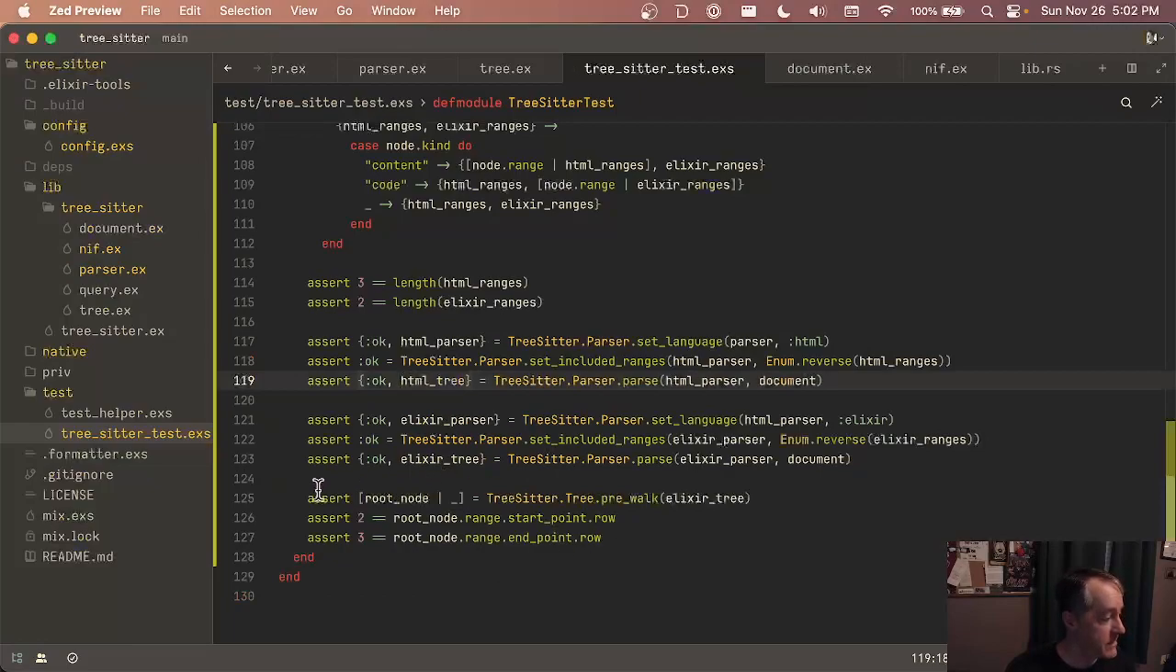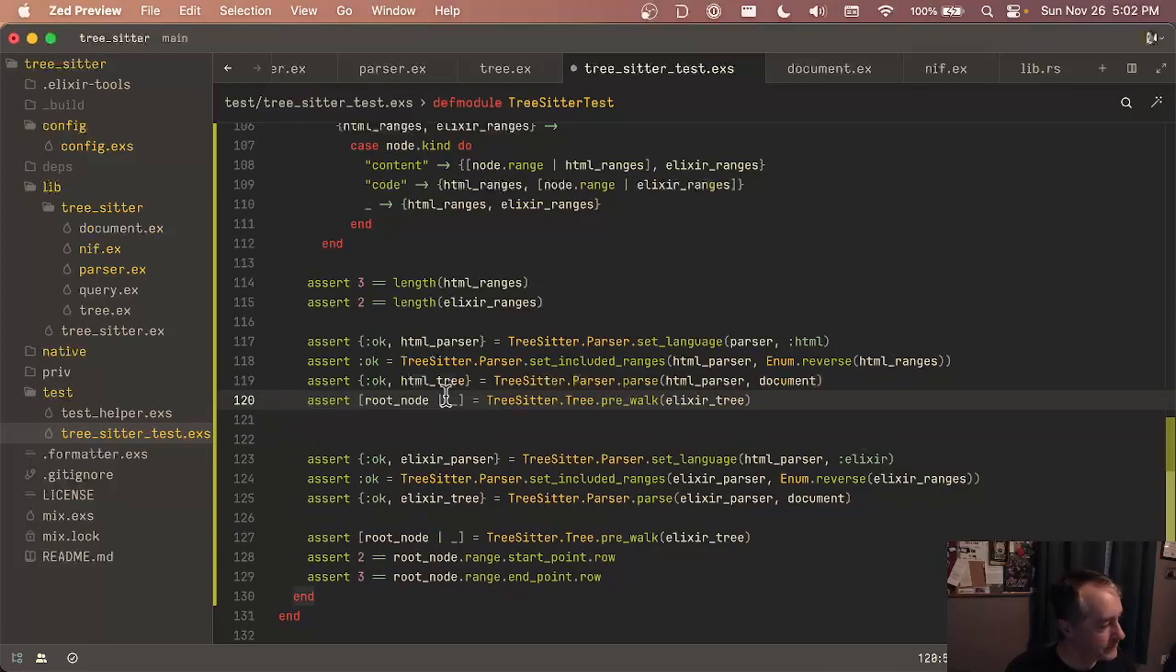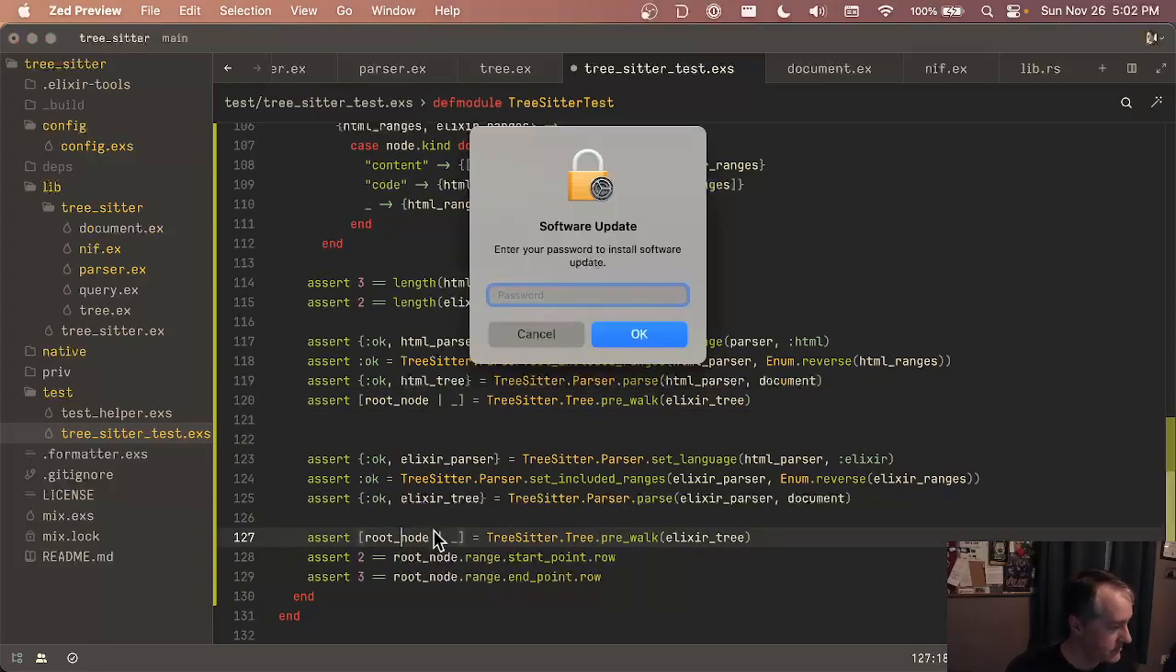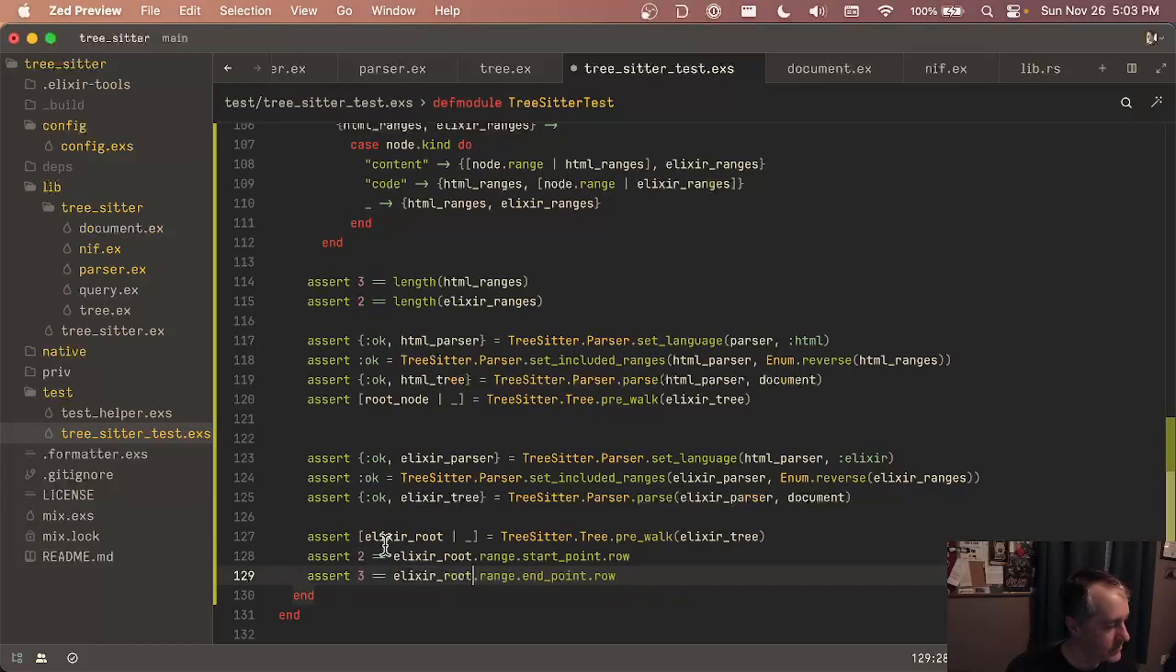Now we can do similar things here. So we could say, we know that, and can I rename that symbol? What? You don't need to install software to rename a symbol, for Pete's sake. No. Okay, so we'll call this Elixir root. And we actually didn't need to pre-walk to get all of them. We could probably just do root node. Yeah, I know, Colin. So,